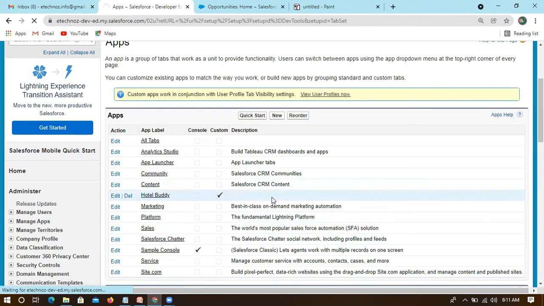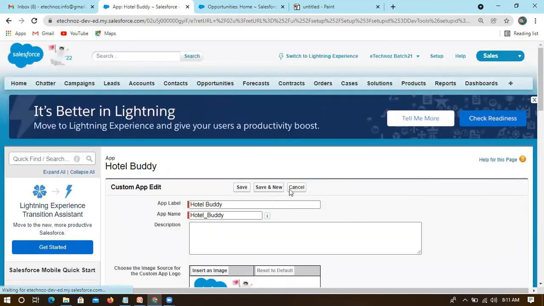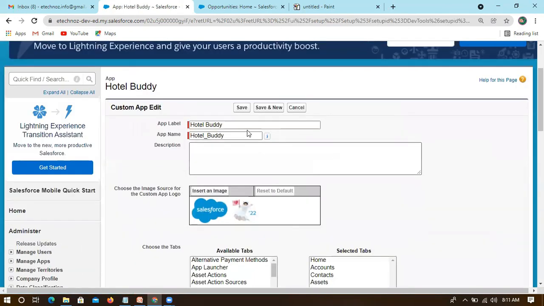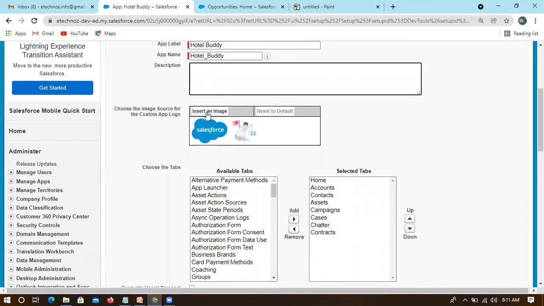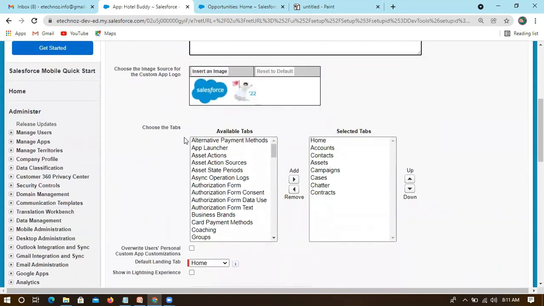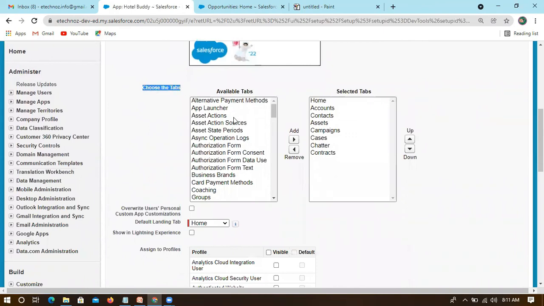If you go back and edit this, you can see all in one page. We have given the label name, and you can also set your description and insert an image. In the second step we left this. You can also choose other tabs, or create your custom tab and add that tab here.